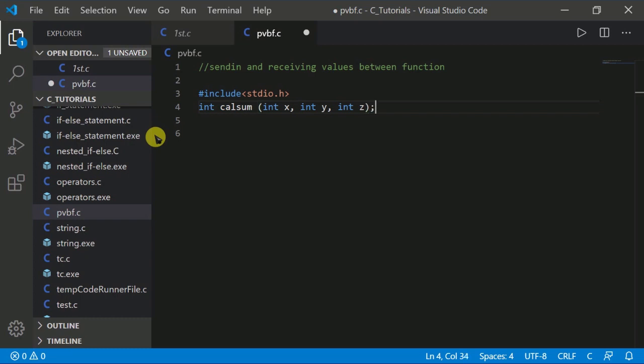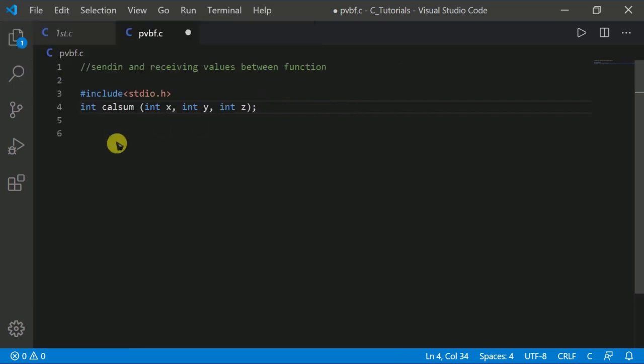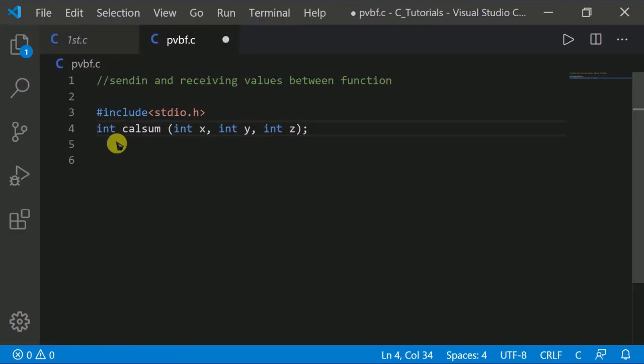In this program I will relate these integer values, or these arguments or parameters, with the integers a, b, c.